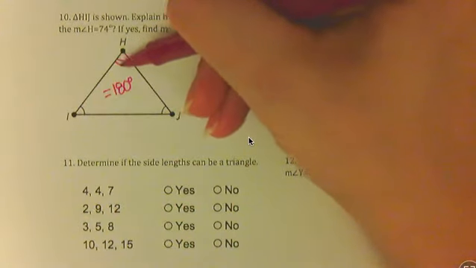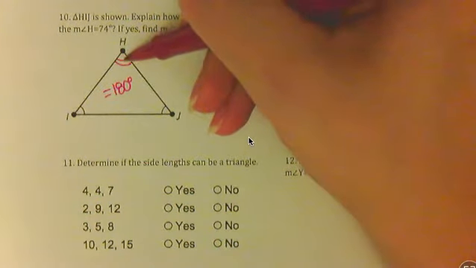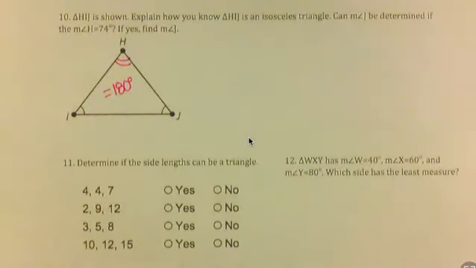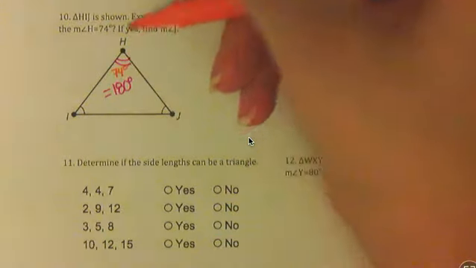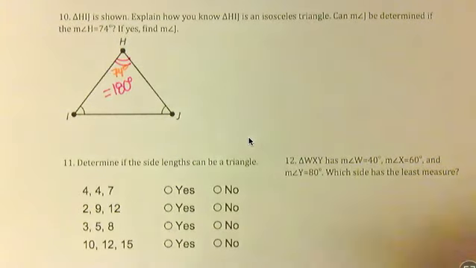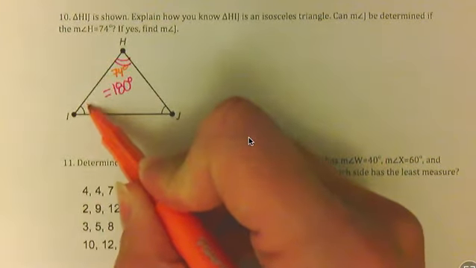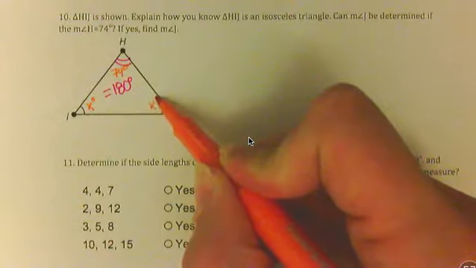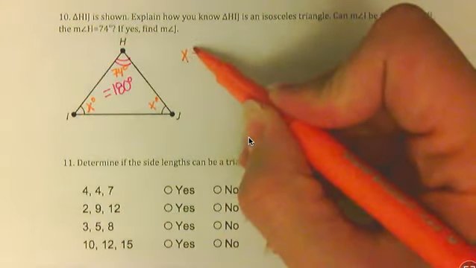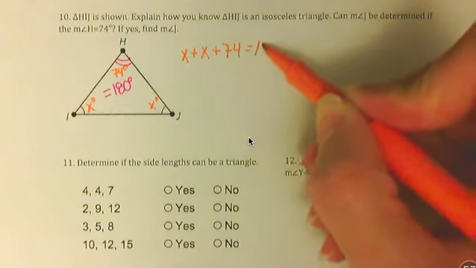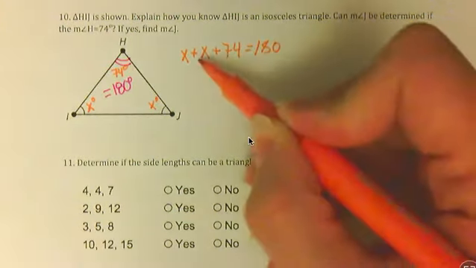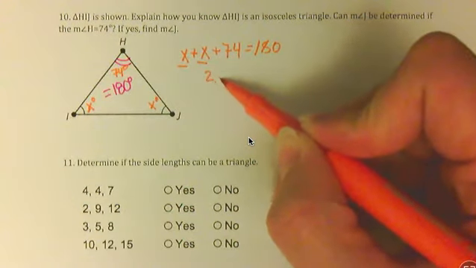Angle H up here is 74 degrees. Wish I would use a different color for that 180. So this one's 74 degrees. We don't know what these two are, so we can call them x. And we can set up an equation now because we know that x plus 74 is going to equal 180 degrees. If we combine our like terms,